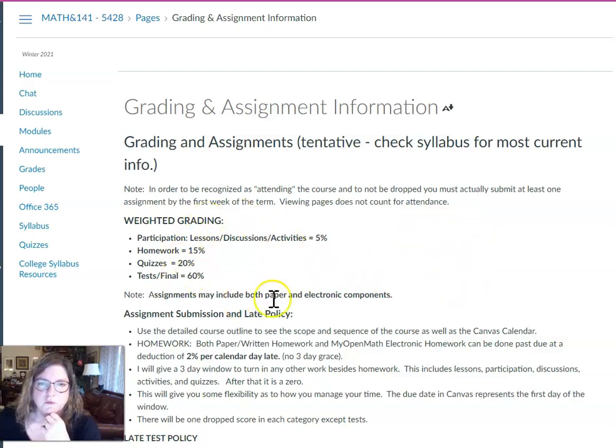So here's your weighted grading breakdown. Again, if there's a conflict between Canvas or a video and your syllabus, the syllabus is going to have the grading that would override anything. If I have it in the syllabus, that's what I need to stick to. Dates, though, for things like assignments, the weekly outline is loosely made at the beginning to give you a scope and sequence. I try to really stick to that for tests and things that you need to plan for,